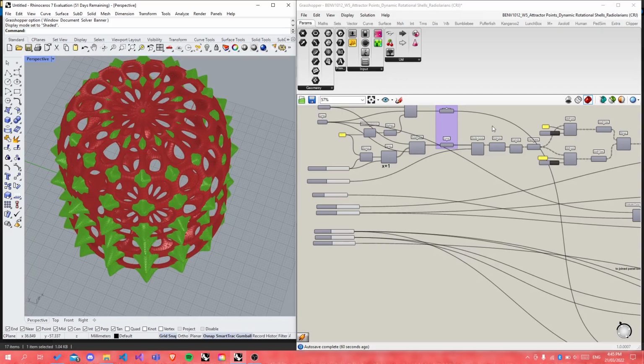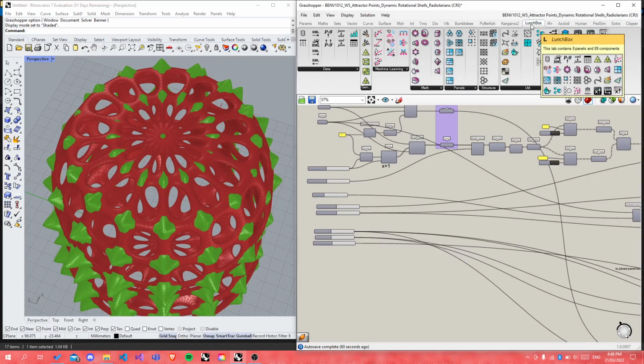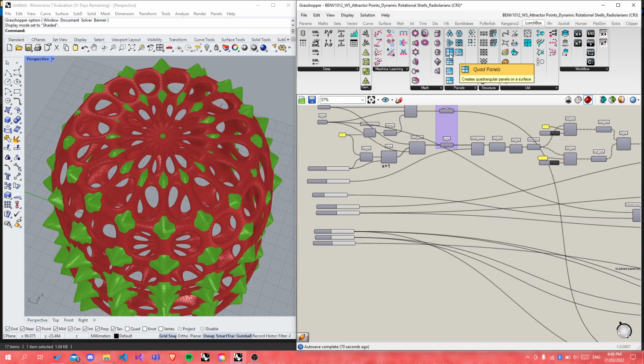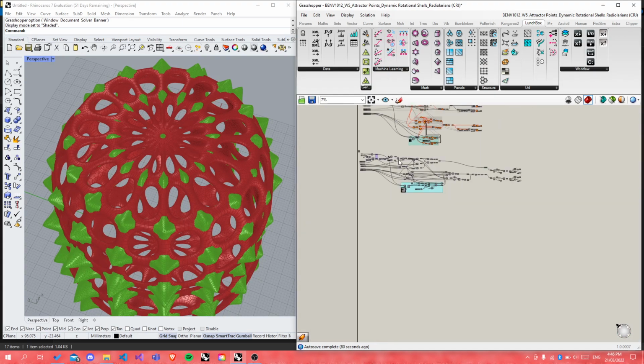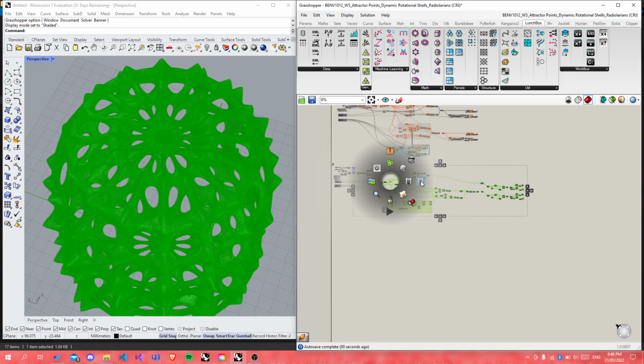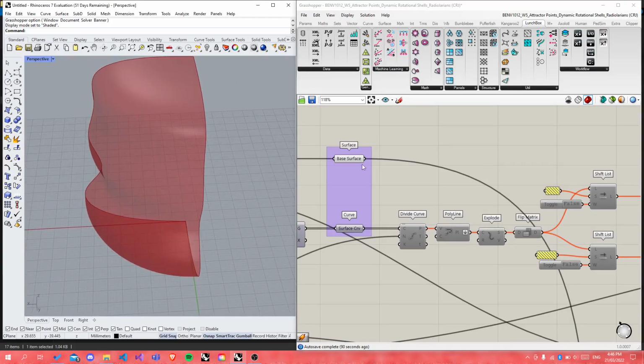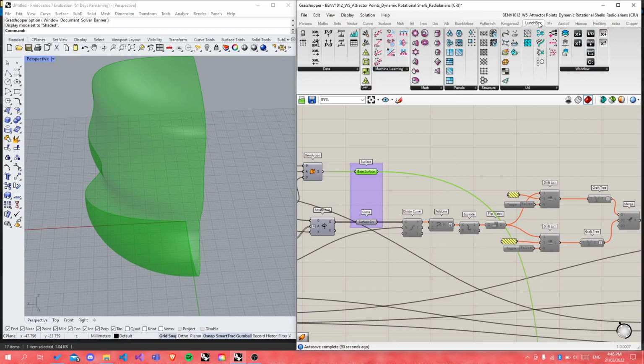There's a really good plugin, actually this is probably important, this will help a lot of people. There's a really good plugin called Lunchbox, which is up here. Essentially, it takes surfaces and B-reps, and it just panelizes them in one component. So if I was to turn all of this off, and this is just an experiment, we've got our base surface here that we started with. If I use Lunchbox, which you can find just by Googling Lunchbox Grasshopper installation and following